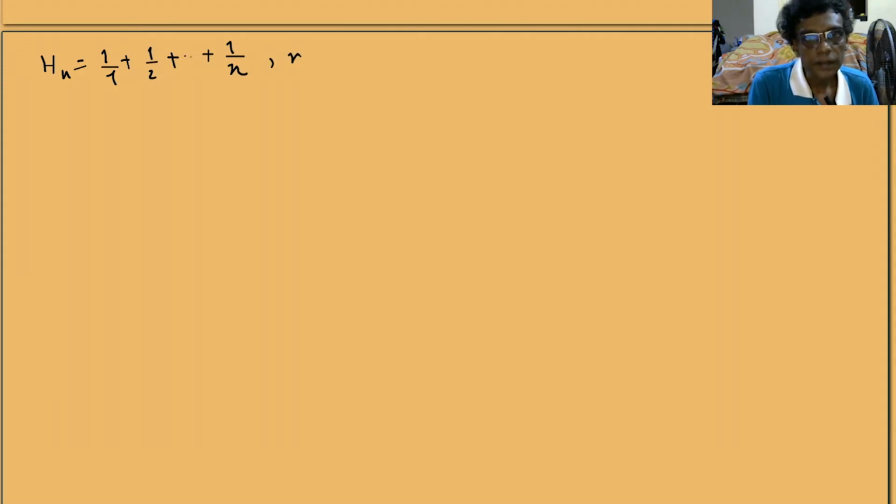Okay, then what is it? Example 4, maybe this is a good thing. This is another good thing. Although not that difficult, but this is an interesting thing. Okay, so you know harmonic numbers, right? So harmonic numbers are defined as Hn equal to 1 over 1 plus 1 over 2 plus 1 over 3 up to 1 over n. And this is defined, let's say, for n greater than or equal to 1. Again, if you consider n equal to 0, this is an empty sum, so that can be taken as 0. But let us for the moment define it for n greater than or equal to 1. So these are my harmonic numbers.